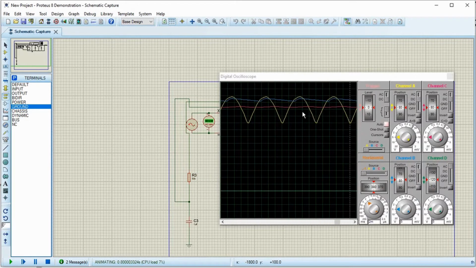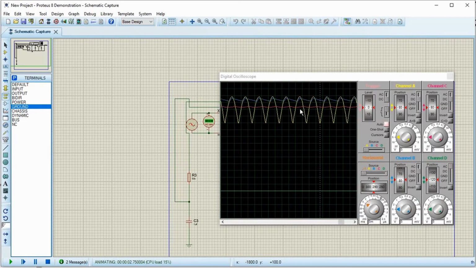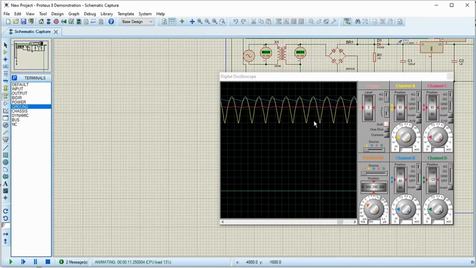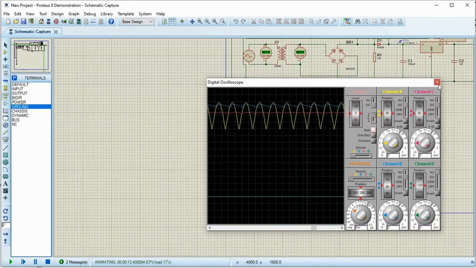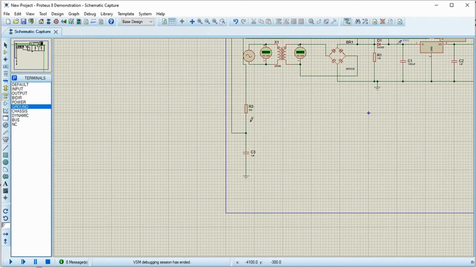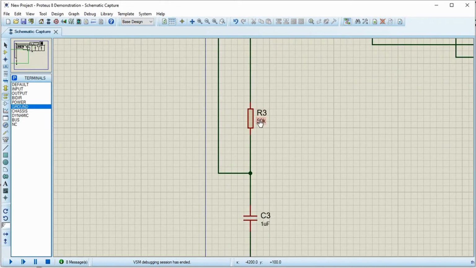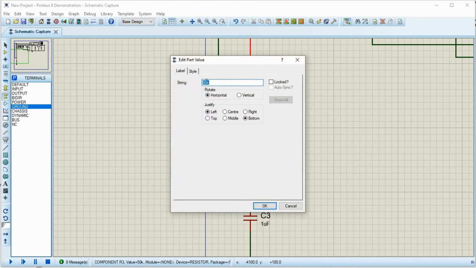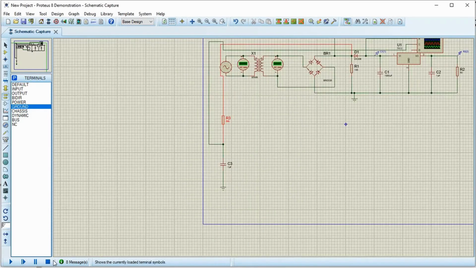If we start the simulation, you see it has a little bit of ripple but very less ripple. When you are tuning it, which will come later, if you see that this ripple is too much, you can slightly increase the value of the capacitor or the resistor. Generally increasing the value of the resistor is easy, it will not cost you much. Increasing the value of the capacitor is a bit expensive, so it's always better to go for the resistor. And 50k is not a standard resistor, it's either 47 or 56. Let's go for 56k.